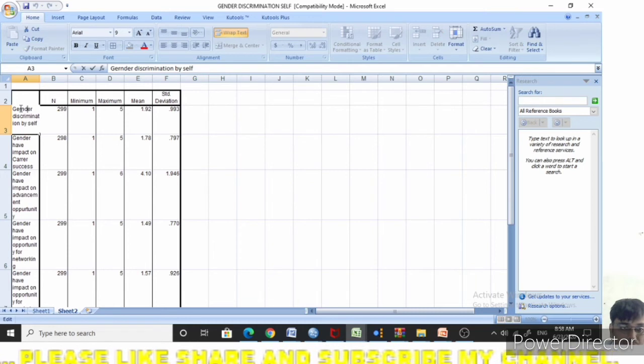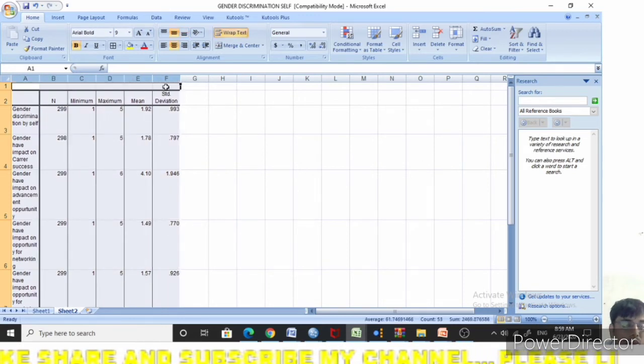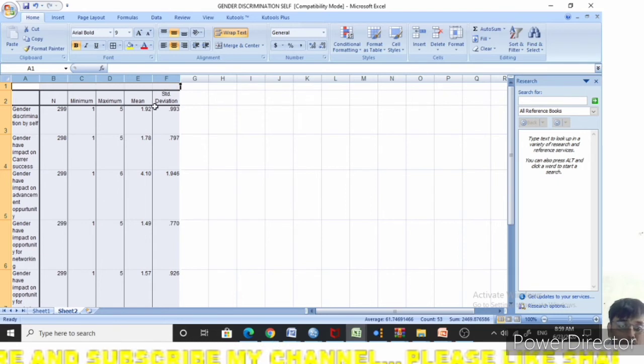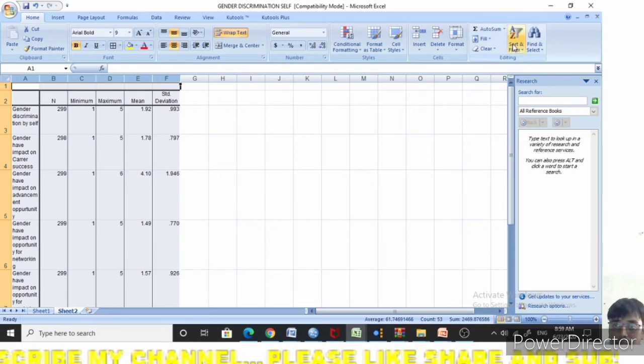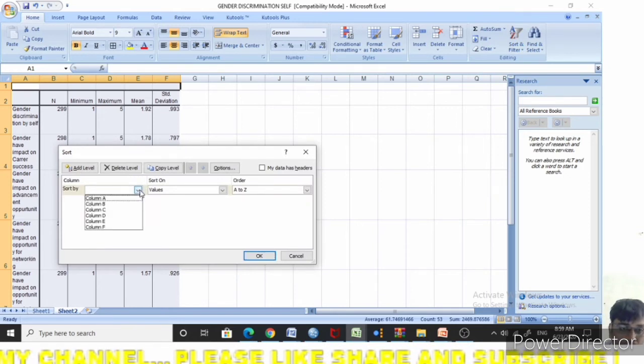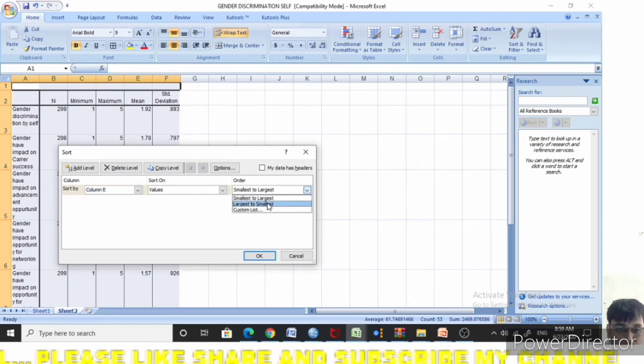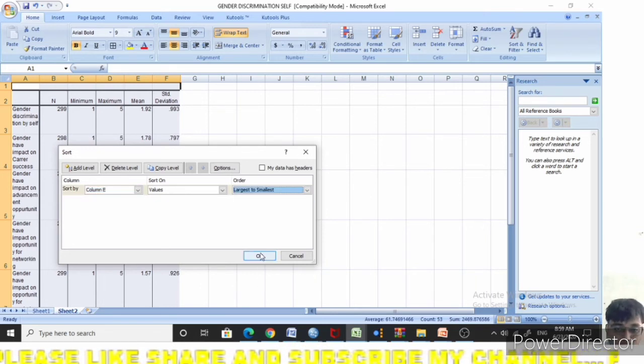How can we find the most prominent impact of gender discrimination on self? Just by comparing the values of the mean. How can it be done? I have selected all these cells, then Sort and Filter, Custom Sort, and sort by column E, because the mean is in column E. I will choose largest to smallest and press OK.